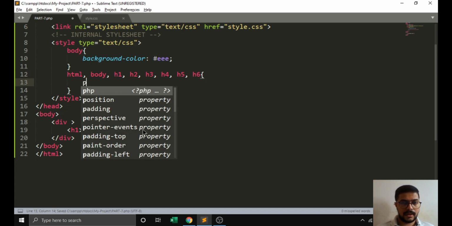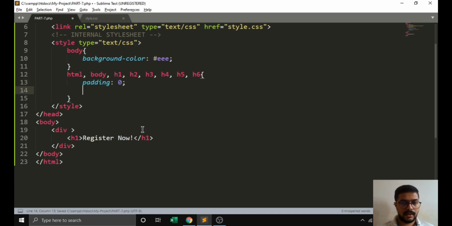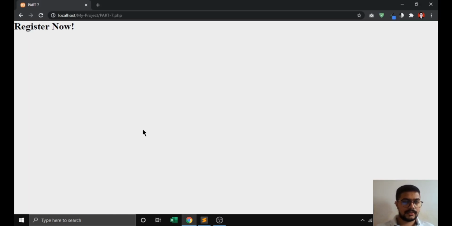So we have to pass padding 0 and margin 0. Then it will look like this.